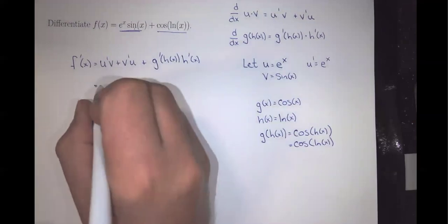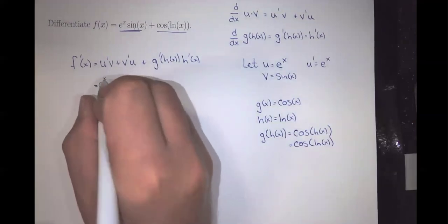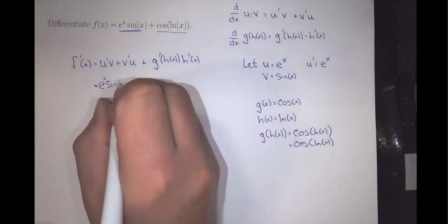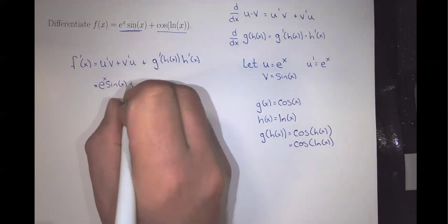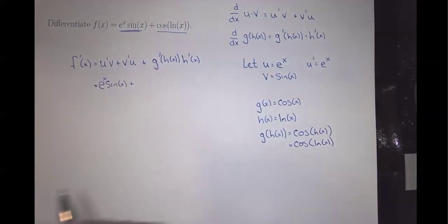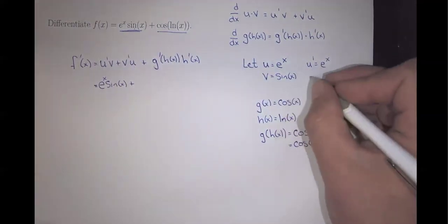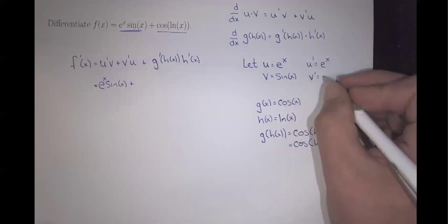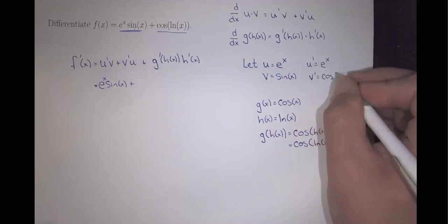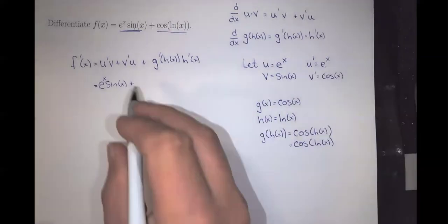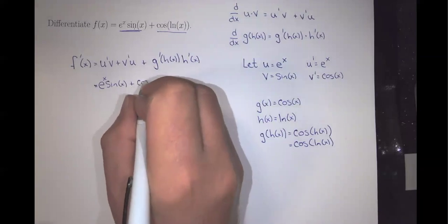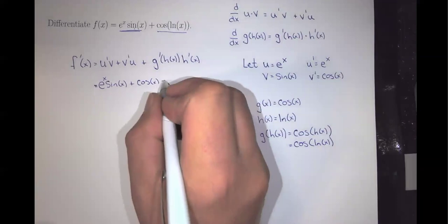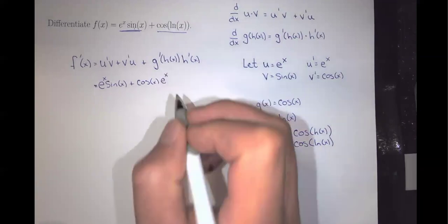So u prime is e to the x, v is sine of x, plus v prime. We don't know that just yet, but we know what v is. V prime is the derivative of v. Derivative of sine of x is cosine of x. So v prime is cosine of x times u, which is e to the x,